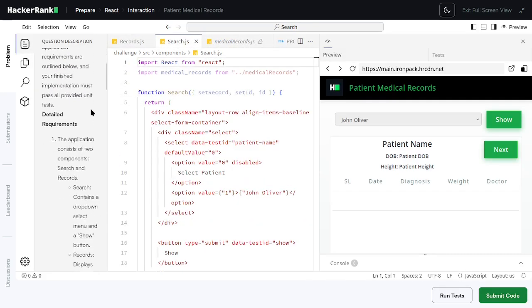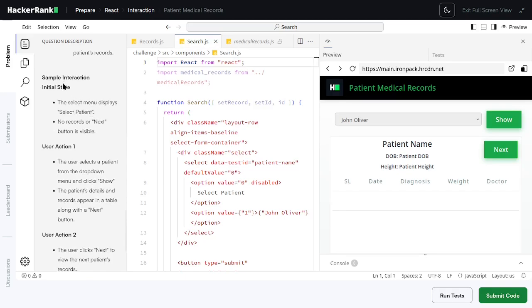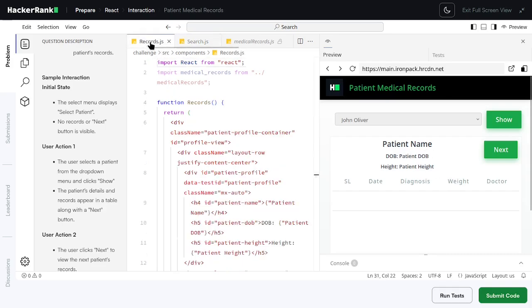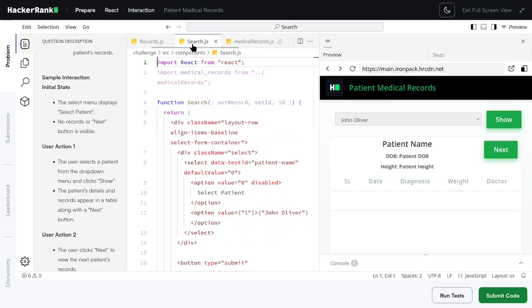Let's go back to the description. For the initial state, the select menu displays select patient, no records or next button is visible. So we need to eliminate the next and patient name because we haven't selected anything yet. And in order to make the next and the table and the patient name, DOB and height not visible, we need to somehow pass in the ID of the selected patient right here,